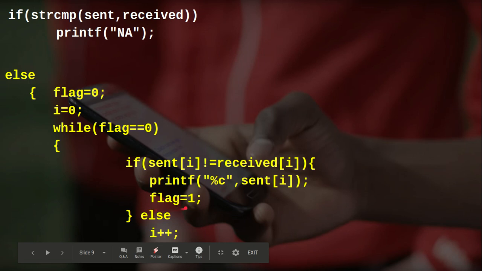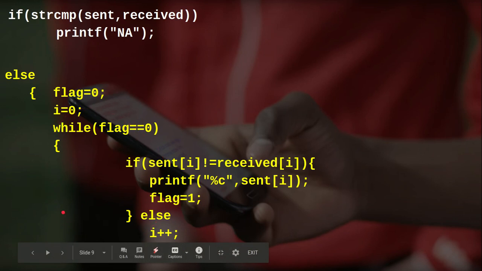We know that there is exactly one missing character, so we don't need to check the remaining characters. In the else block, where both characters are the same, we increment i to consider the next position of the strings. In this way, the loop continues to find the missing character.